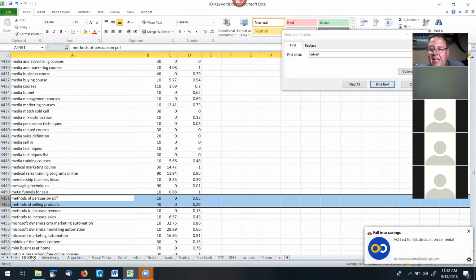This is my main keyword list of everything. I put it in here, I deduplicated it so it was all unique, all individual. Like I said, there was about 50,000 to begin with. And then I created tabs across the bottom. And these are the tabs. I'm creating these buckets to sort and sift this into different landing pages. Because as you know, in pay-per-click advertising, you want to advertise a certain group of keywords to a particular landing page. So that's what I'm in the process of doing right now.